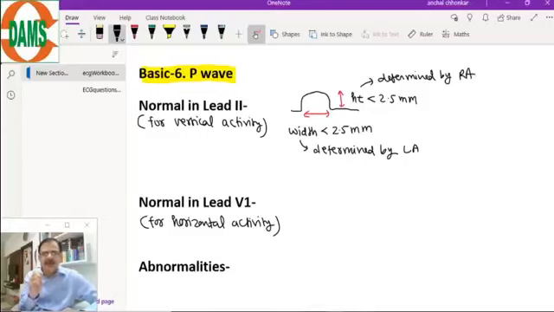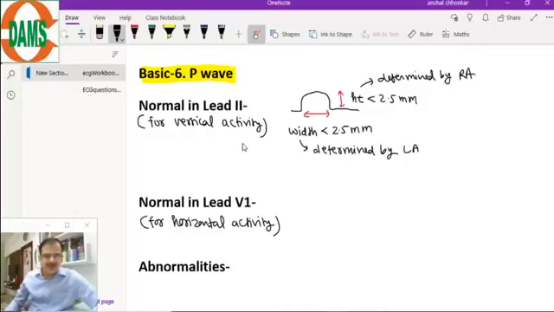It is a vertical lead, best lead to study the activity of P wave, activity of the atria or activity of the ventricle, because it is in the line of the normal depolarization of atria and ventricles. So starting with the normal P wave in lead 2 for the vertical activity,